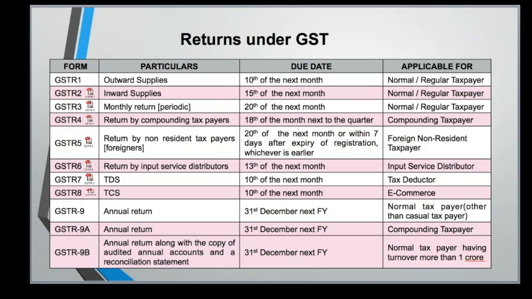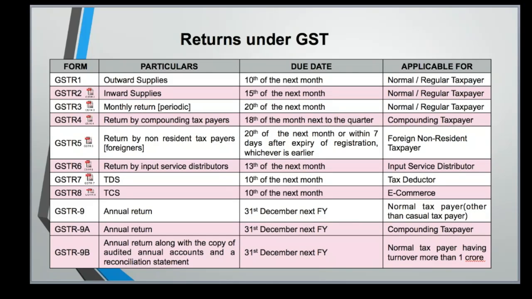So one person is uploading the sale details, for the next person it is a purchase. If that person is entitled to the benefit of purchase credit, that person will check whether the data that you have uploaded is correct or not. So instead of the government checking the same, they say, okay, let it be on the SSEs. If the SSE is in the business, then they will of course want to check whether the vendor is correctly uploading the details or not. So you will get all your inward details, all your purchase details of goods, services, anything in your GSTR 2A, which will be auto-populated. And what you need to do is check the same.